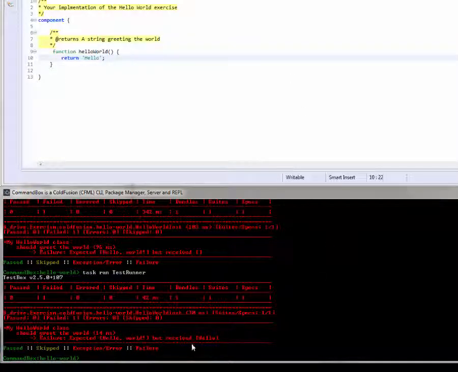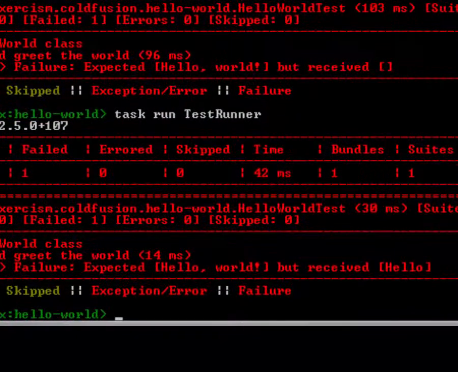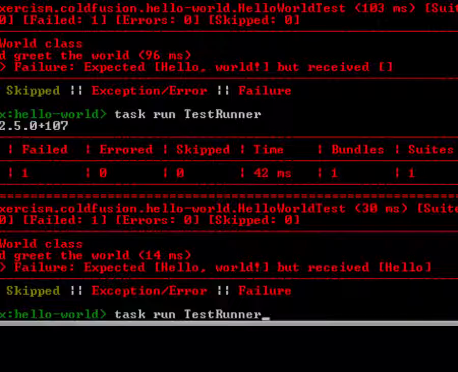The test is still failing. The message has changed a little bit. Expected hello world, but received hello, right? So very easy to iterate over this. There's a nice little feature here. If you think it might take you a few tries to get something right, we can run our task runner,